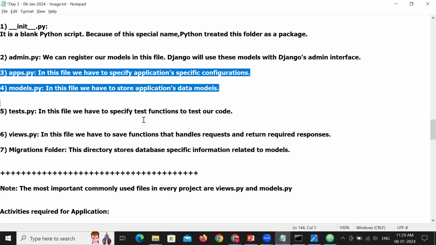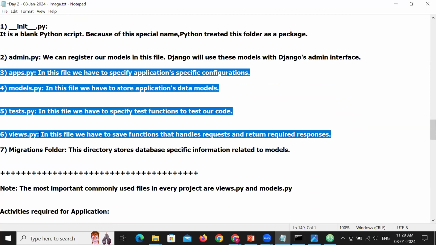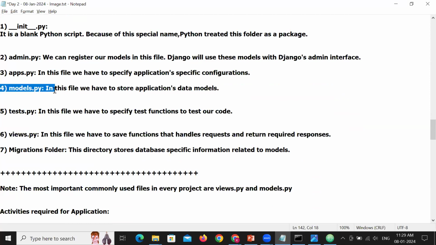Out of all these six files, the most frequently used files are views.py and models.py. Okay, perfect. Now,